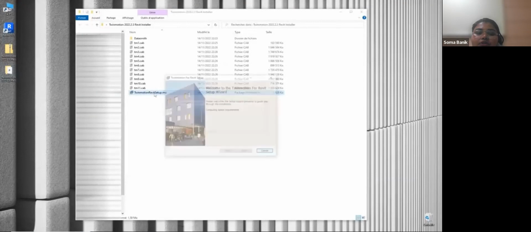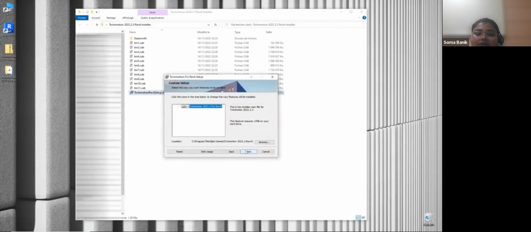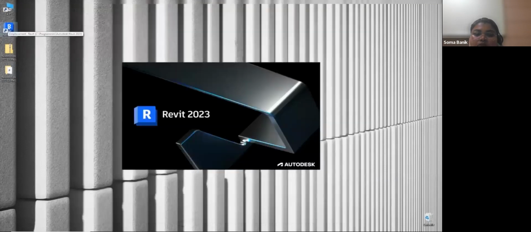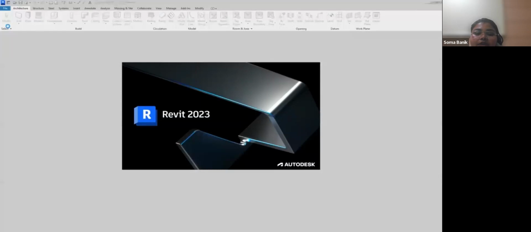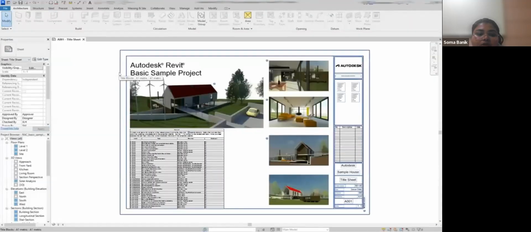So downloading Twinmotion gives you direct access. Whenever you install the software, it gives you direct access in your Revit interface, just like Dynamo, which is also integrated here. Similarly, Twinmotion also gets integrated once you download it. And in Revit 2023, if you open it, you get the Twinmotion linkage under the View tab. So if I just open any of the sample projects, maybe you would see here that